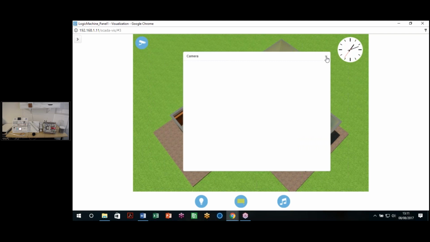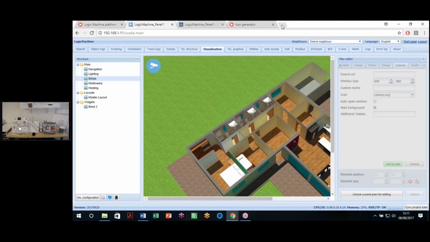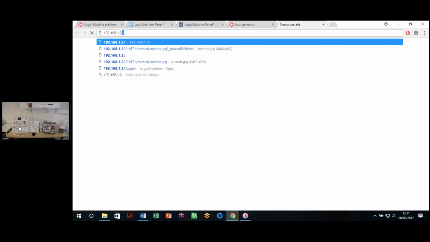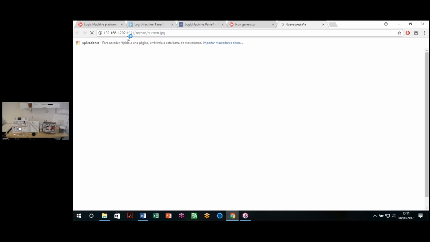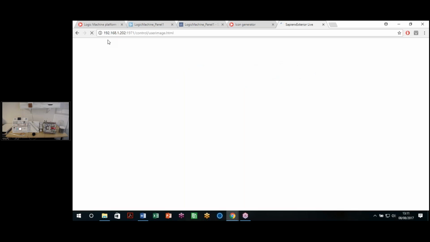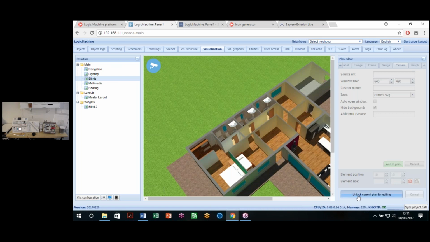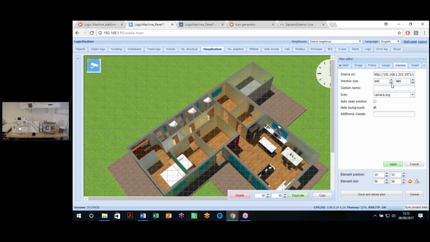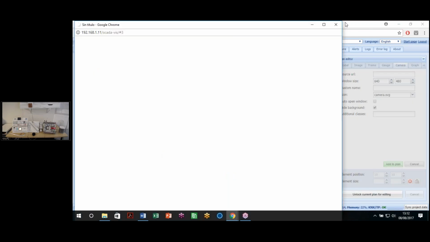I believe I set it up wrong. Okay. Just a second. Okay, I believe I don't need to put the HTTP. Okay. Unlock, click on the icon. 192.168. Okay, here it is. 212. Apply. Save. And when we open the preview